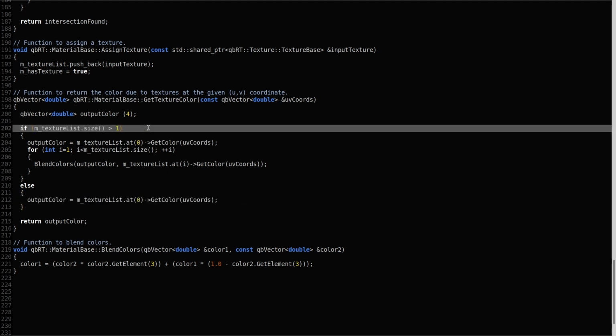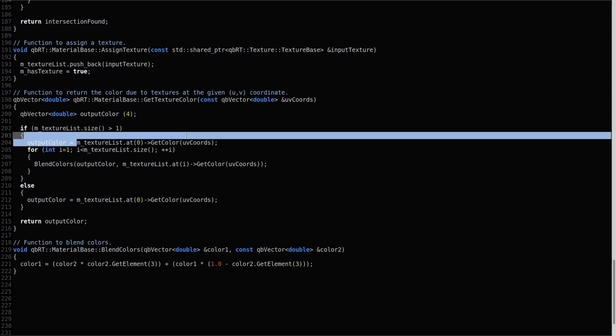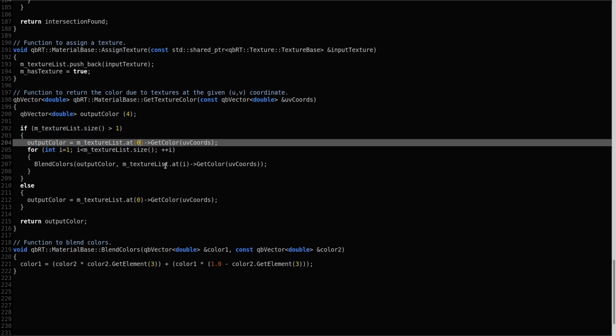If, on the other hand, we have more than one texture assigned, so we want to do texture stacking, then the output color is going to start as being the color due to the first texture. So we assume that the 0th texture is the texture right at the back of the stack, right at the bottom of the stack, if you like, and then we're going to loop through all of our different textures,